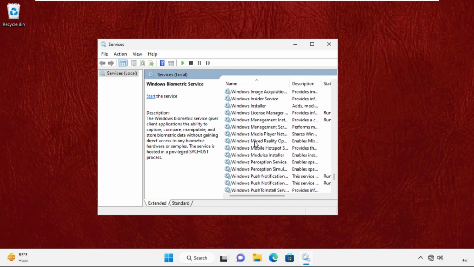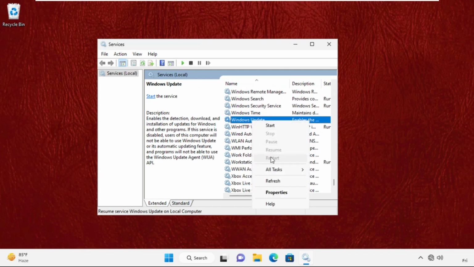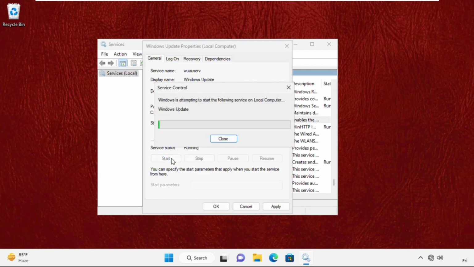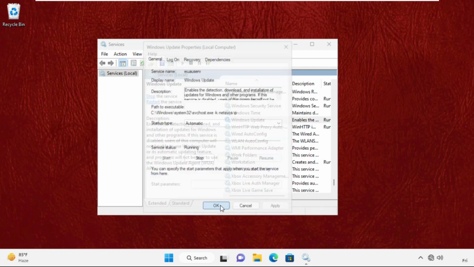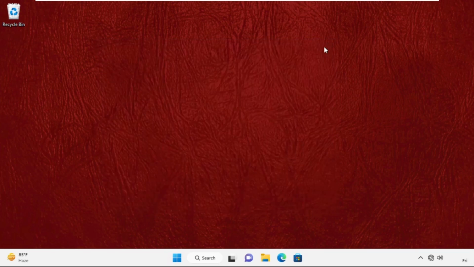and then search for Windows Update, right click on it, select properties, set startup type as automatic, then click on start and then save the changes. Once done, close this window and then